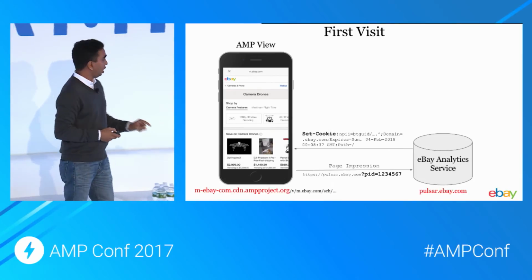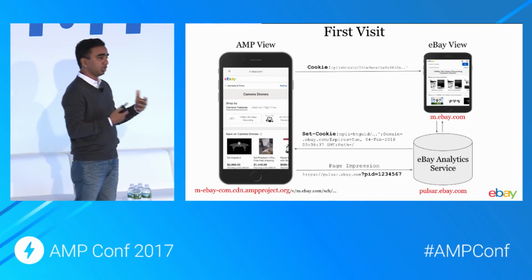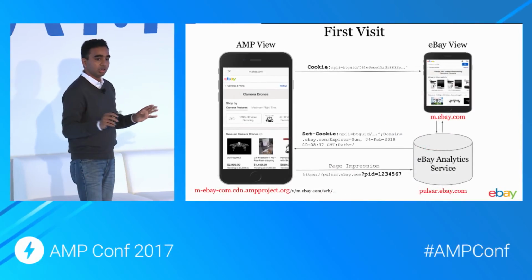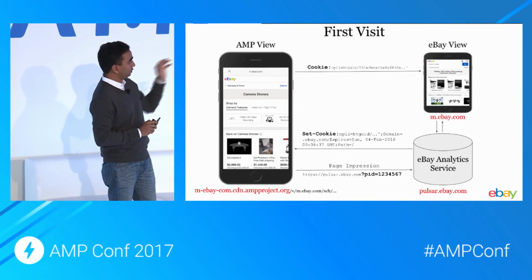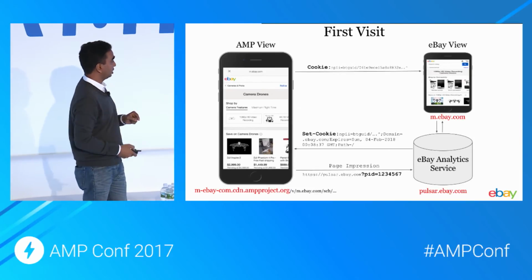other stuff. Now, when a user goes and clicks on any of the links here, they go to a page, the eBay view, which is hosted on ebay.com, which is an eBay domain. And since this previous cookie was set on ebay.com, that cookie gets traveled to this eBay view. And this eBay view calls the analytics service with the same cookie information, and now that system knows clearly that this was a session that originated from AMP, and then it can add more data into this correct session and tie this page view also into it, and it keeps continuing. Was this clear? So when the journey ends, our analytics is aware that the journey originated from AMP.